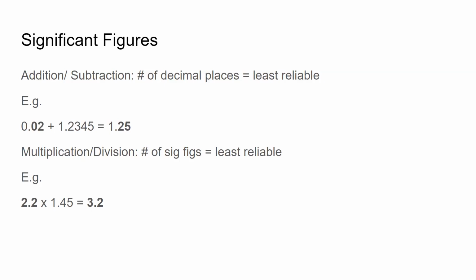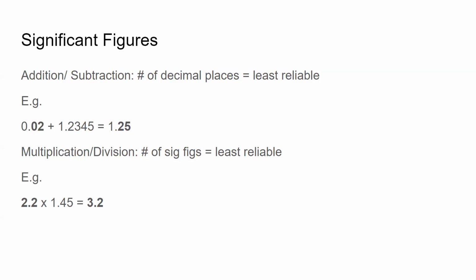So our certainty only goes up to the, what would this be? The tenth, hundredth decimal value. So we would only keep 2 decimal places. And so it's just important to keep track of the separate rules for addition and subtraction, and the separate ones